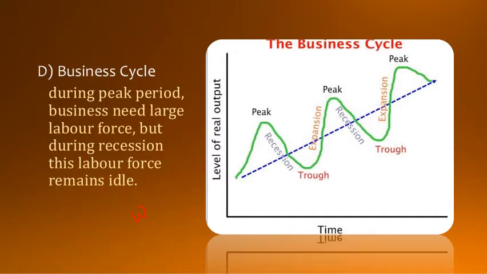Fourth reason, business cycle, right? So every business has a cycle. Here you can say, suppose your business has been started, it goes to the peak, your production increases, demand increases, but after some time again recession starts and demand falls, and again you go to the loss, but you take some corrective actions and again you go to the peak, again you come down, again peak. So this is the business cycle. It happens in every business.